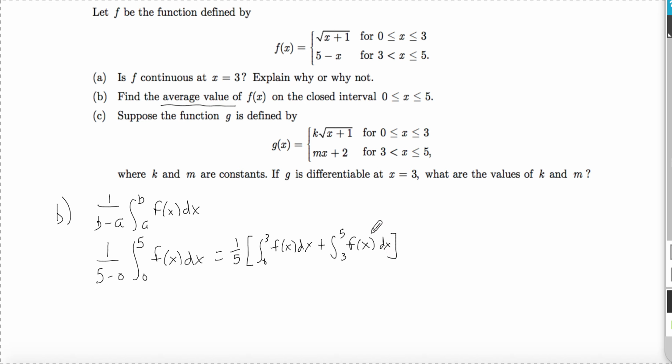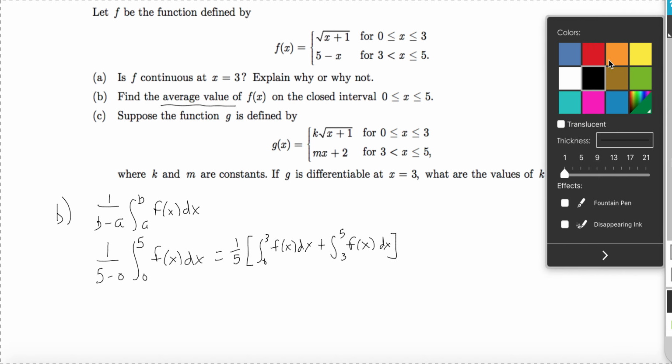You got 1 point for recognizing this. All right, so let's see what we can do. We need the integral. I'll kind of do this up here. I'm going to have to jump around a little bit. We need the integral then